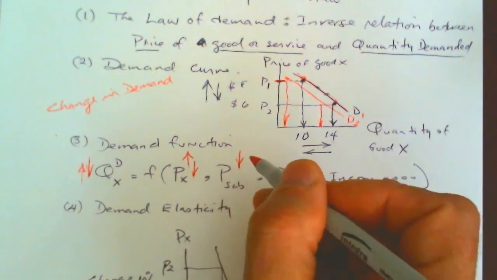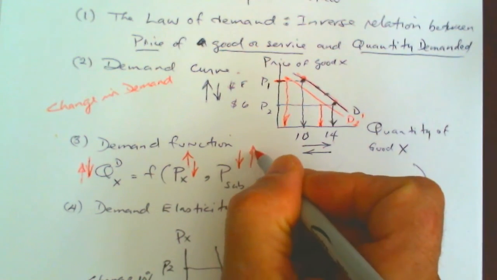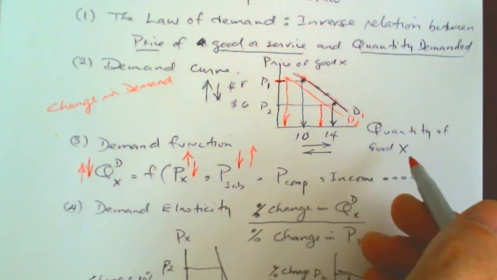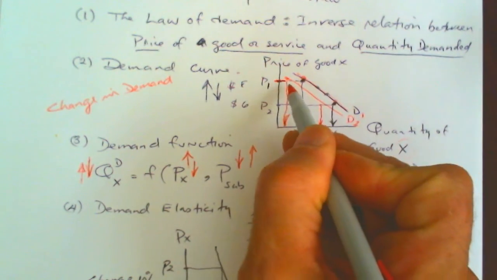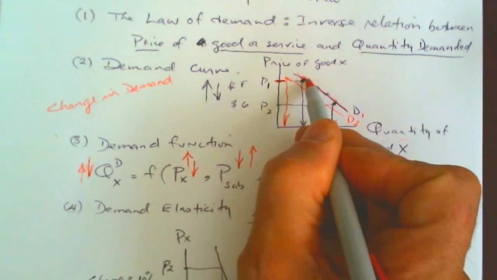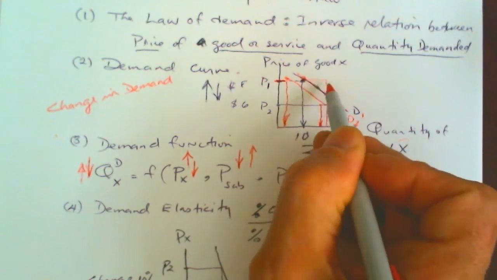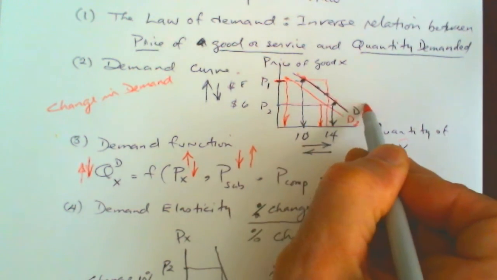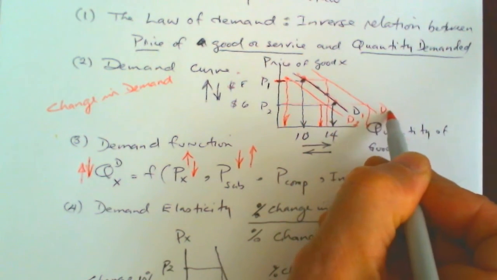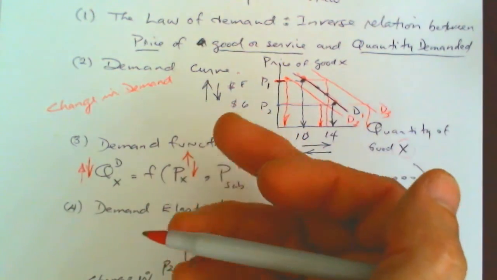So by that same token, if competition raises its price, we get some of their customers attracted to the product in question, X, and so therefore, without the price of X changing, more is demanded everywhere, and so you end up with a new demand curve, which reflects an increase in demand at the existing